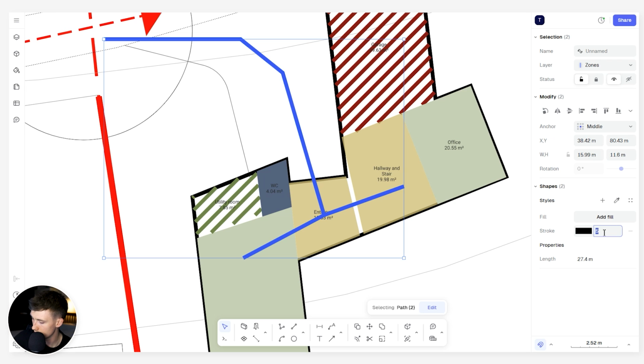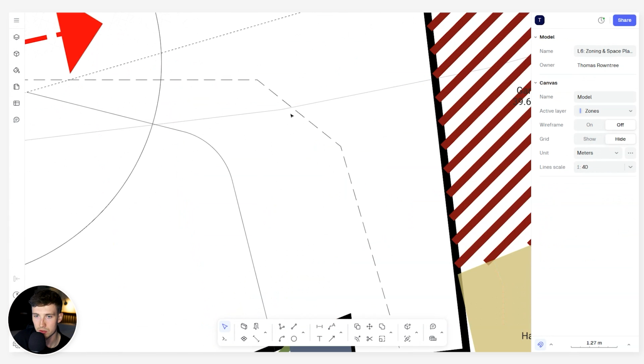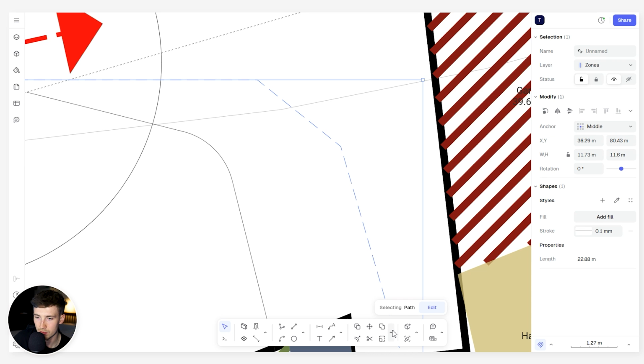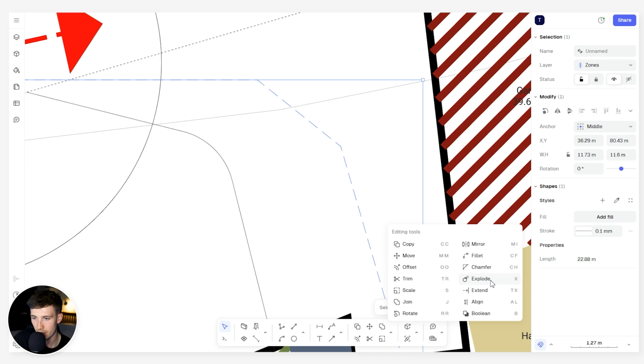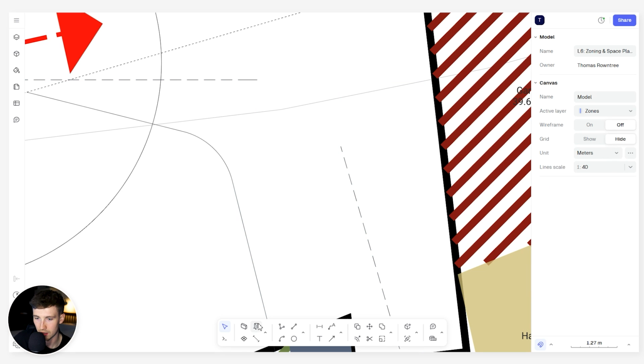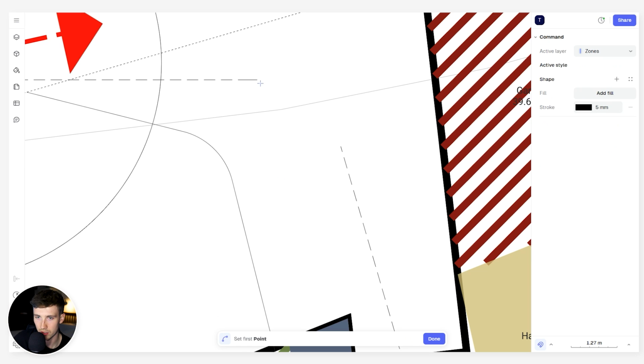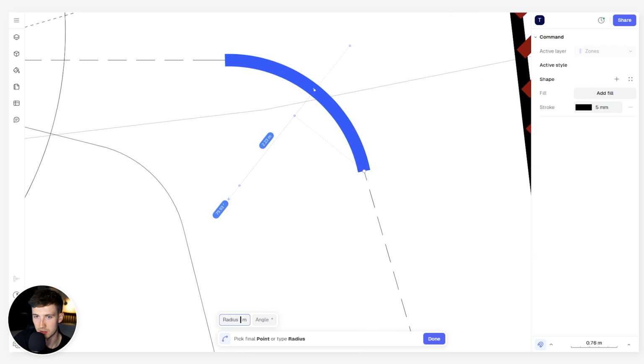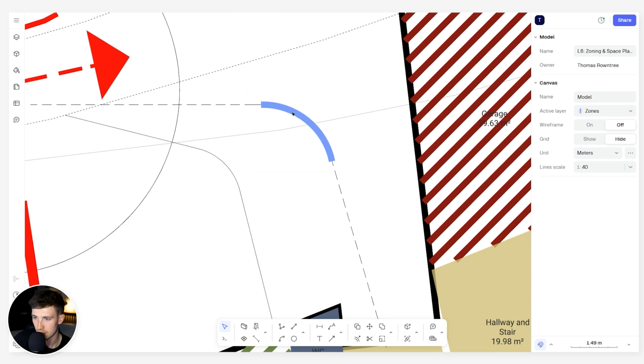Let's just do maybe this. And a useful tool to mention at this point is that if you select your polyline, you come down and you select explode or type X. You can break that polyline down into individual lines. You can come down, we can draw an arc, and to begin to identify these points of movement and access, we'll also